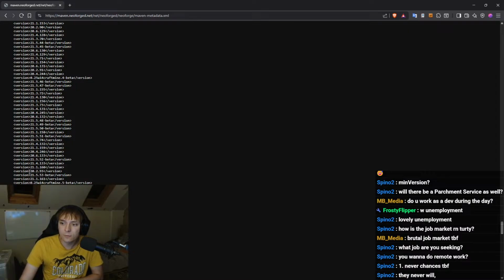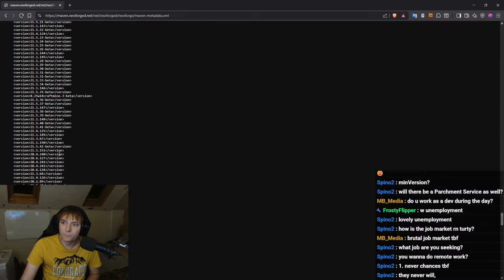Also, look at this. 0.25w14craftmine dash 5 dash beta. How am I meant to parse that? What is the 0 dot? What is the dot 5? I don't know. How am I meant to know? This one is 0.4.